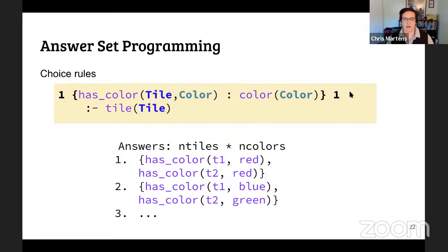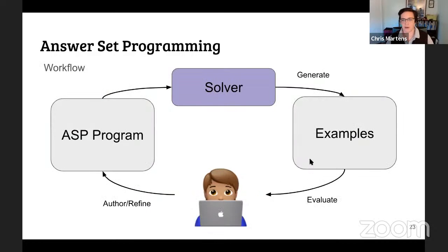And there's exactly one such has color fact for each tile. And this can then produce various different answer sets that include all the different assignments of colors to tiles. So the workflow that one would use with answer set programming is